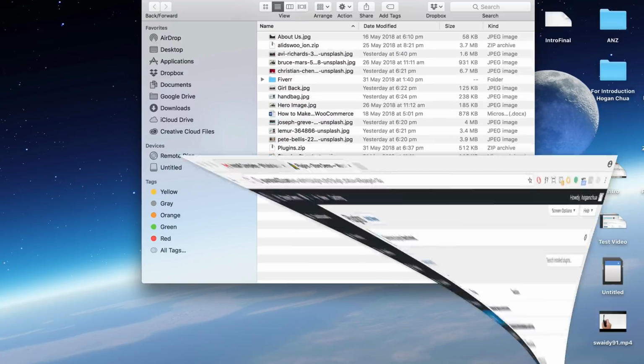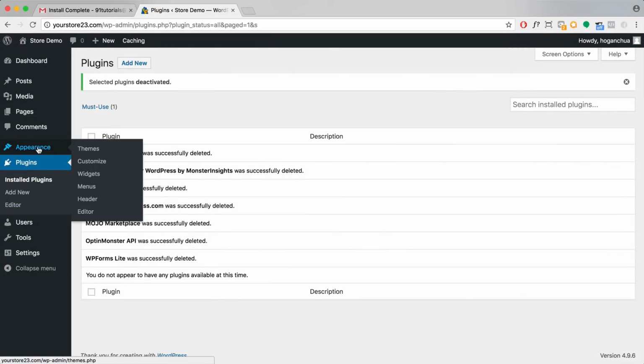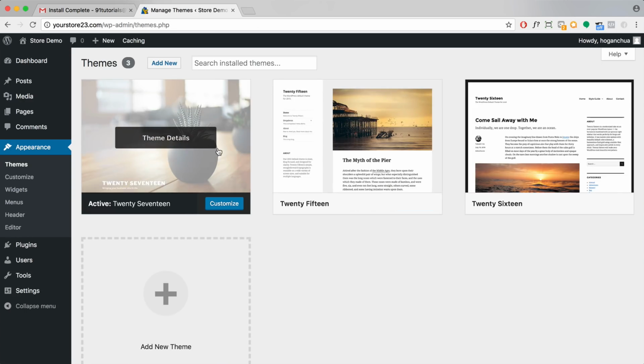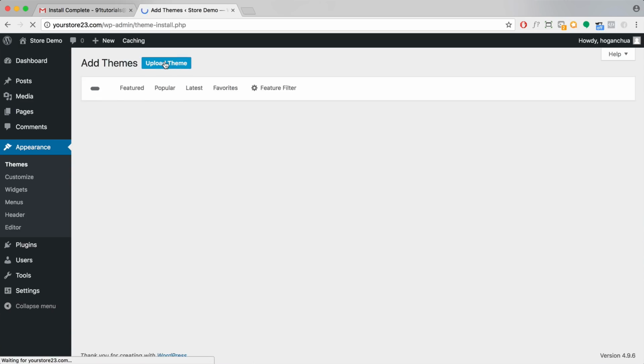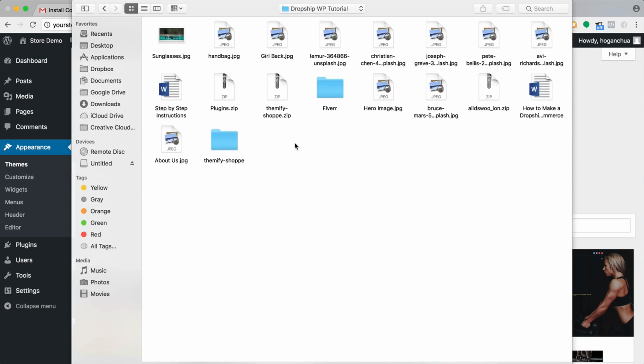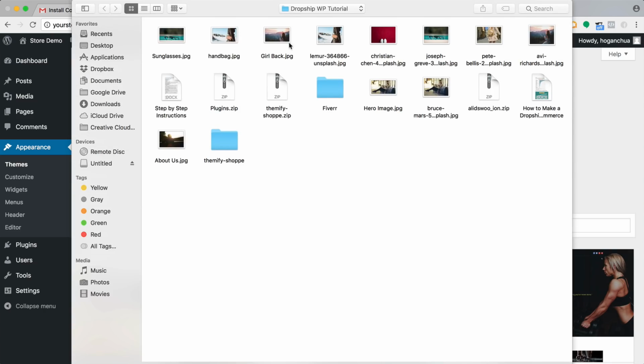Right, so you want to go back to our website here, and go to appearance and click on themes. Okay, so this is the default WordPress theme that is currently installed. What we want to do is click on add new, and then click on upload theme, choose file, and then look for the folder where you've saved that. This is the file that we want to upload, themify-shop.zip. Make sure it's that one. Click on open,